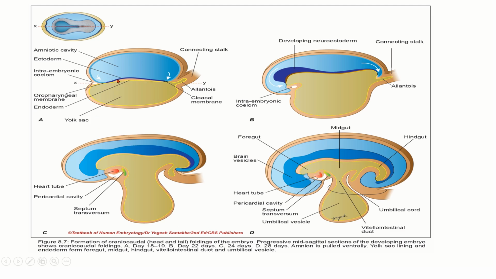You can see this is how a trilaminar germ disc appears. You can see this is the amniotic cavity, this is the yolk sac, you can see the allantois, this is the connecting stalk. You can see the formation of the head fold here. You can also see the formation of the tail fold here. See the head fold and tail fold converging on the ventral aspect of the embryo. So initially, if you observe,